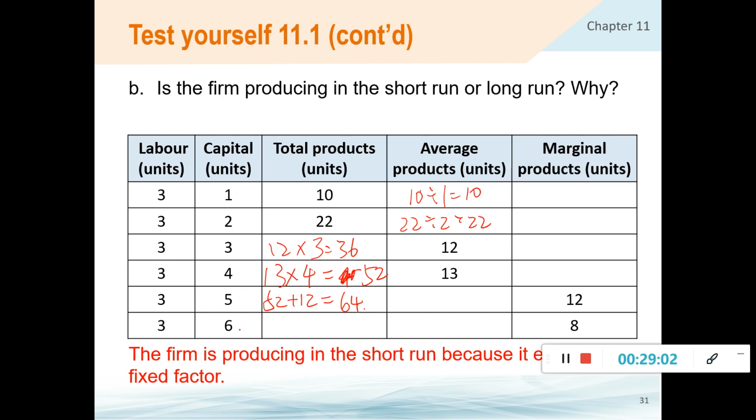Okay, when you employ the sixth capital, it helps you to produce 8 units more. So the total product would be 64 plus 8。